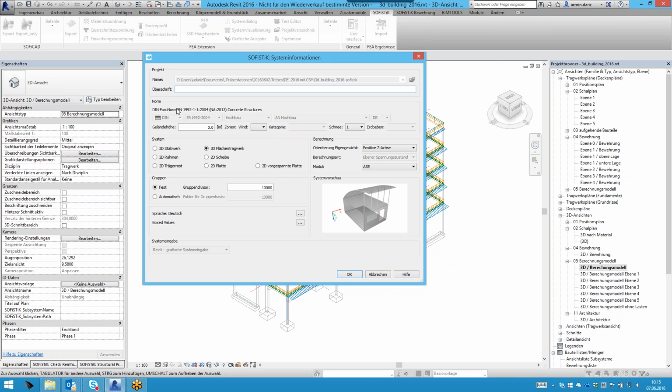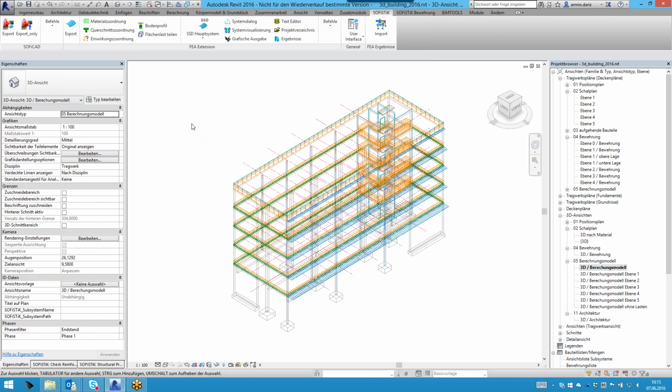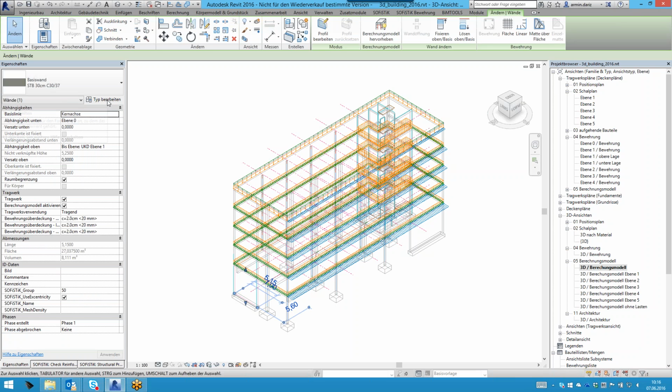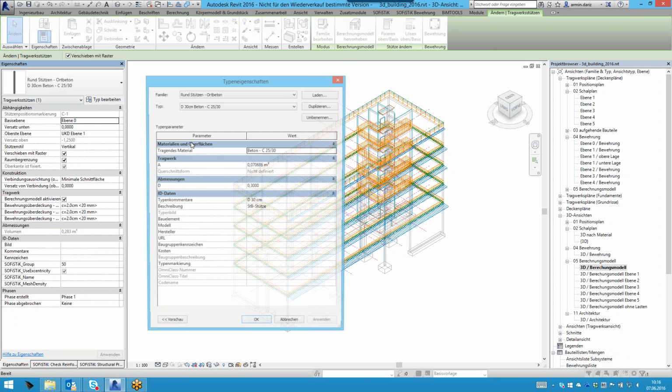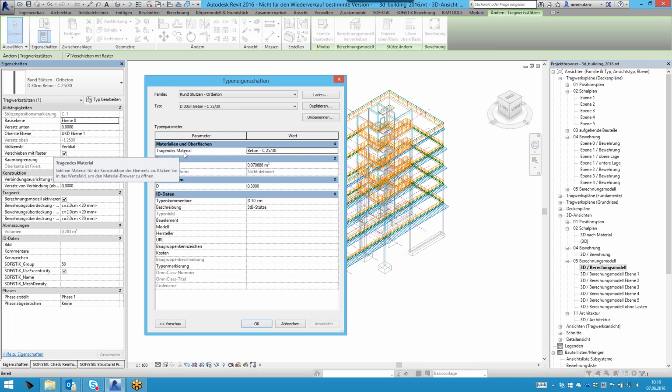the calculation process behind the model is dependent on the code, and we won't talk in detail about this calculation and analysis process. But for sure, you have to select your code first of all, and then you can start with the material mapping. And what's the reason for the material mapping? Therefore, I would like to show you some properties of materials. Let's talk about some structural column properties, and we have a type parameter for the material in this template,